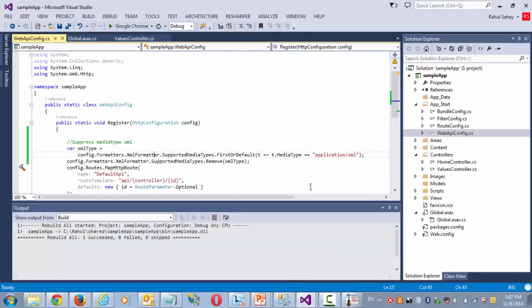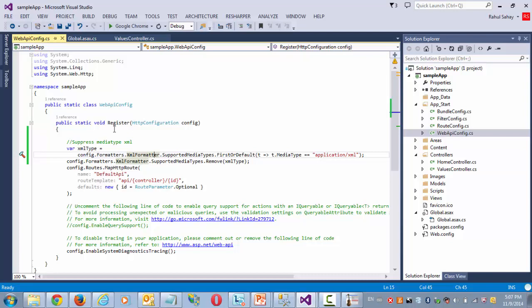Correct. So this is how the serialization works. Whenever you are working with Web API, I am very comfortable with the JSON format, so let's suppress the default behavior if it is coming in as XML. You can simply do it with that one config file change. We already have the Web API config. Here we are getting the default value if it is coming in XML, then removing that media type from the config section. So it will always produce the output in JSON format.